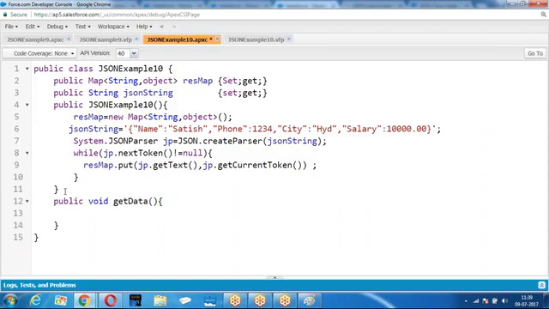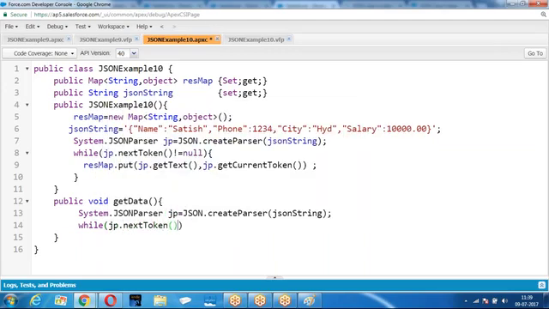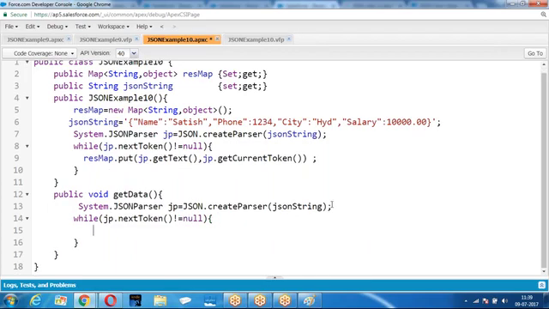If you want only name, then create it. Same story. Then look at the format. While jp.nextToken is not equal to null.